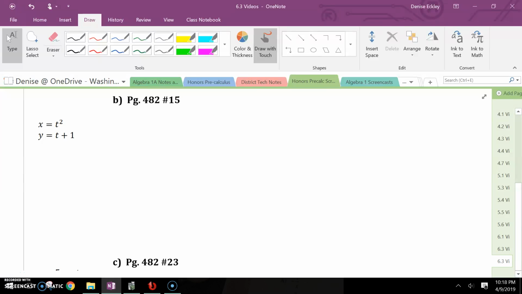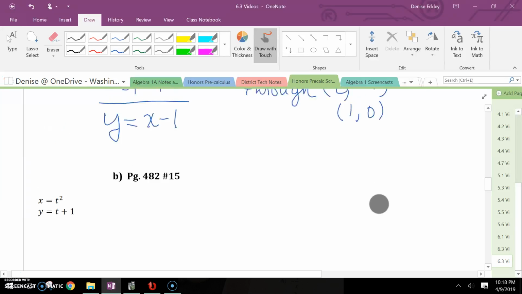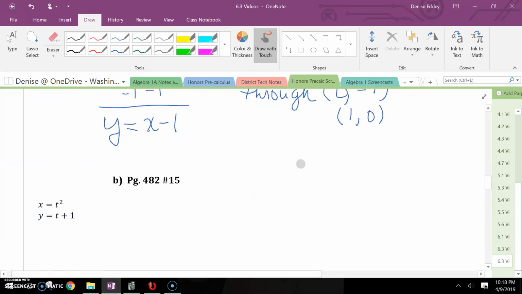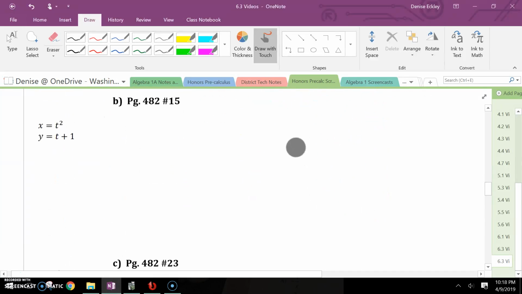Page 482, number 15. At the beginning of the video for number 11, I said I was going to do 11 and 15 together, and then I ended the video, so I'm going to do number 15 now. Same directions as number 11. We're supposed to use an algebraic model to eliminate the parameter and identify the graph and verify it using a